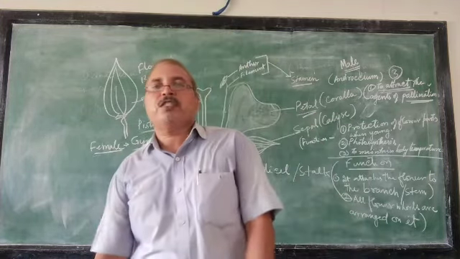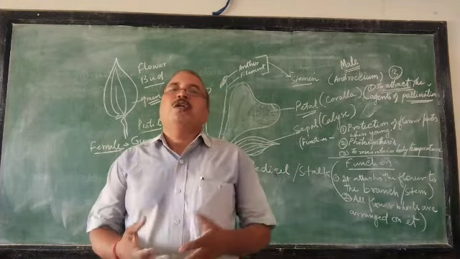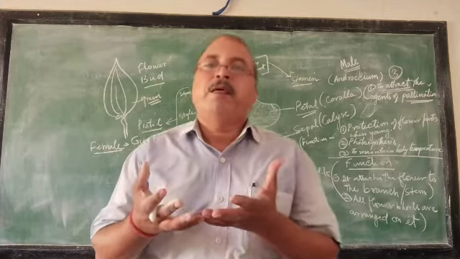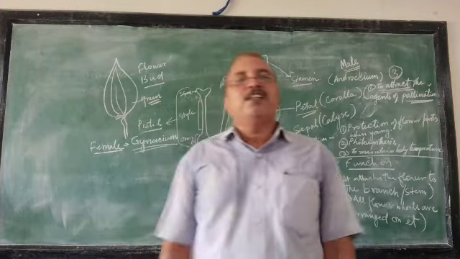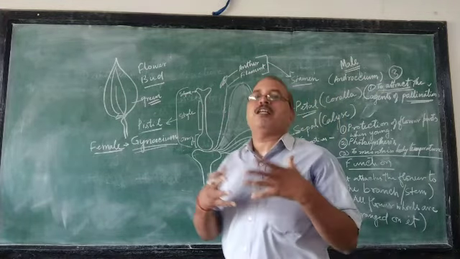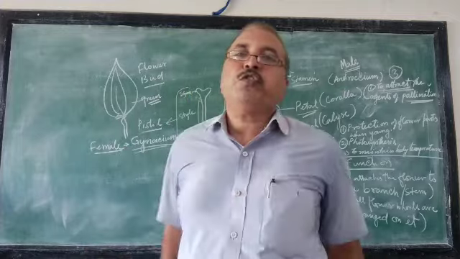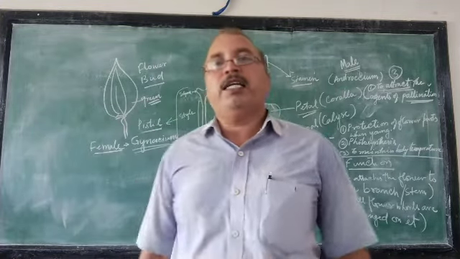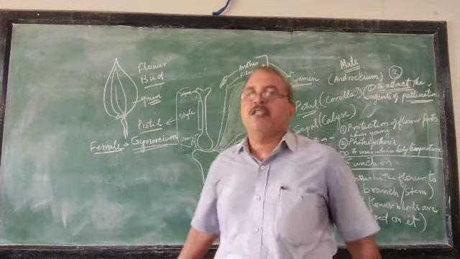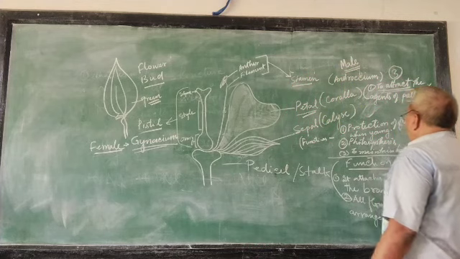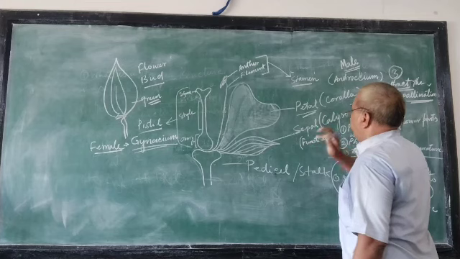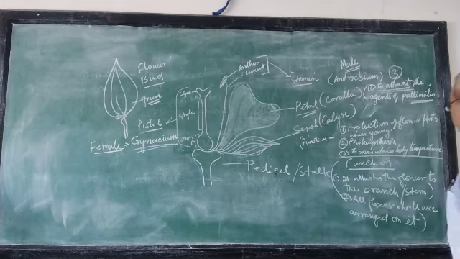Then butterflies, honeybee, the wasp, the drones, they are the agents of pollination. So see, the main function of petals, the mother nature has made them so beautiful and attractive so that they can attract the pollinating agents. Clear? And this is the only function they perform, that is to attract the agents of pollination.